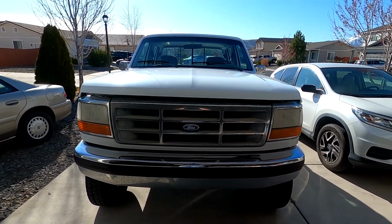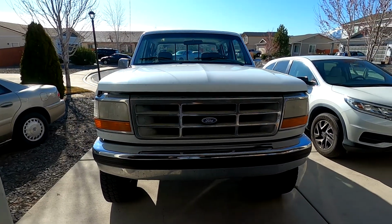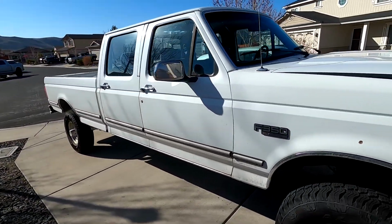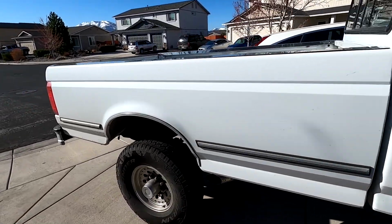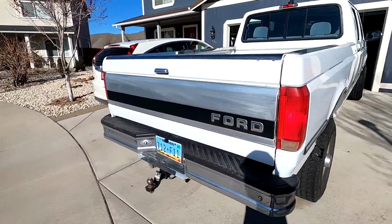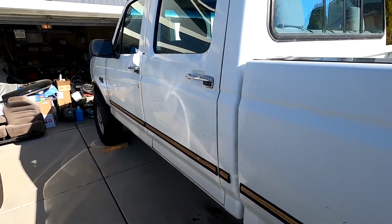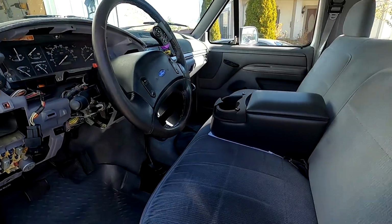So I realized I've never shown the truck that we're going to be putting this in before. So this is it. This is my '94 F350 crew cab, long bed. I've had this thing for probably about 2 years now. No, probably closer to a year and a half. I picked it up here with a blown up engine, and I ended up rebuilding it. I converted it from an automatic to a 5-speed,